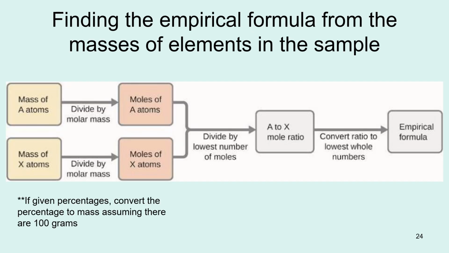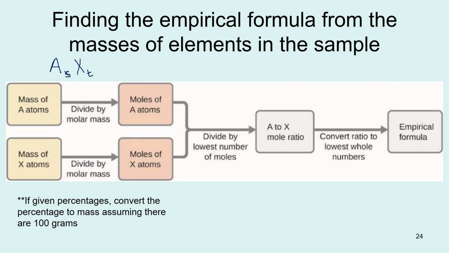This is just a little picture showing you. If you know the mass of the atoms, divide by the molar mass or the atomic mass to find the moles of the atoms. Let's say you have a sample that's A, and let's use S, since they use X, so that's not good. We want to know how many A's there are, and we want to know how many X's there are